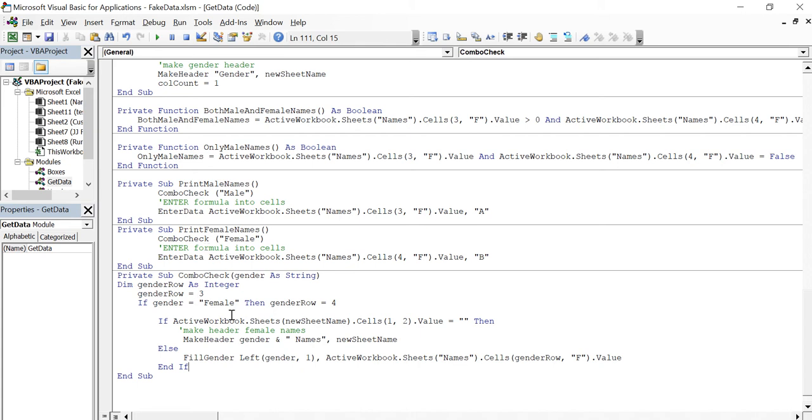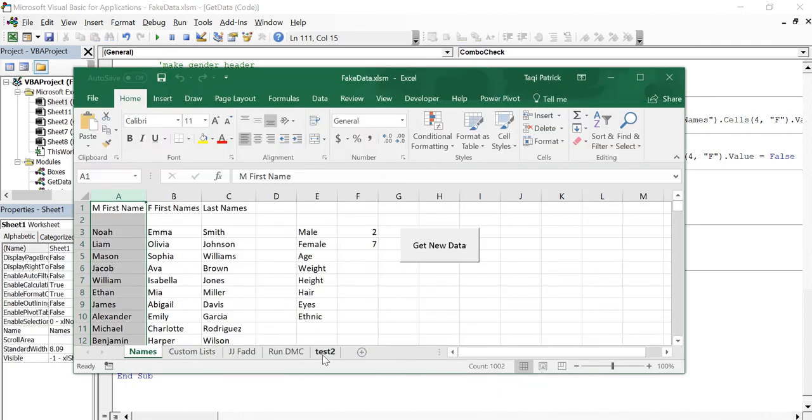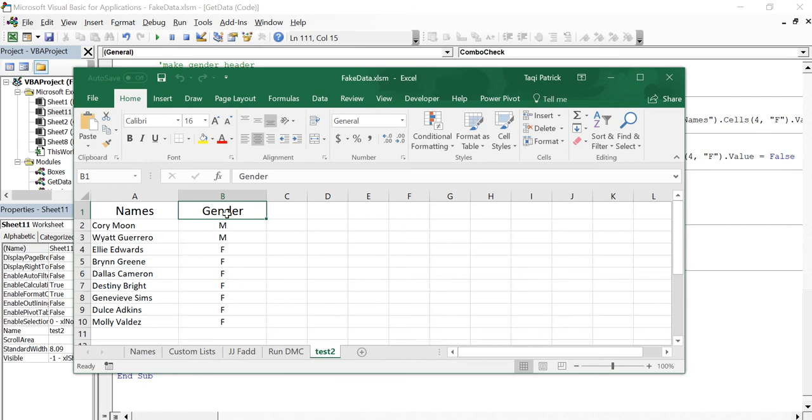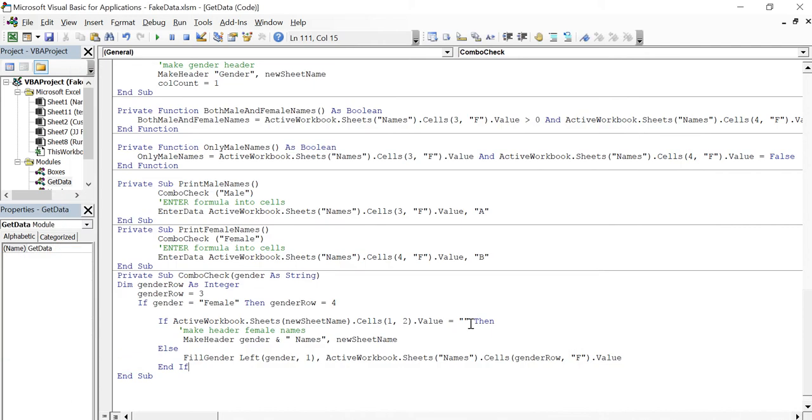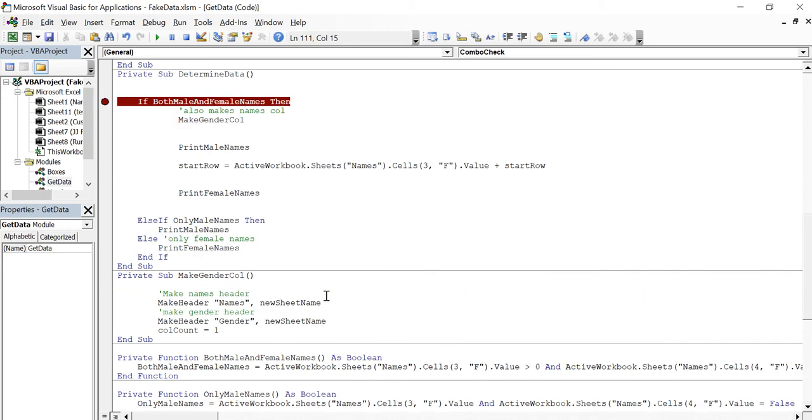So first thing combo check does is it checks to see if the new name in the first row, second column. So here we go, let's say we just created this. We're going to look right here. First row, second column, if there's something there. And if there's nothing there,